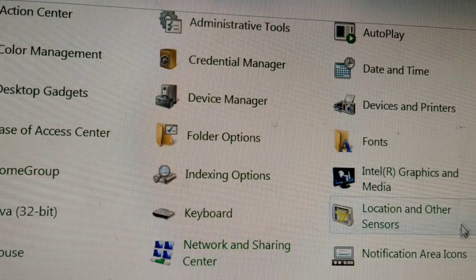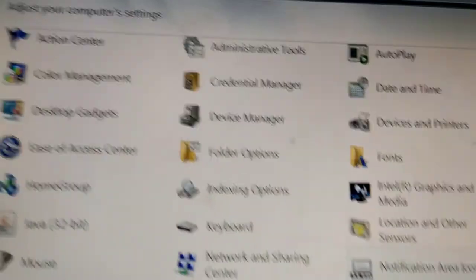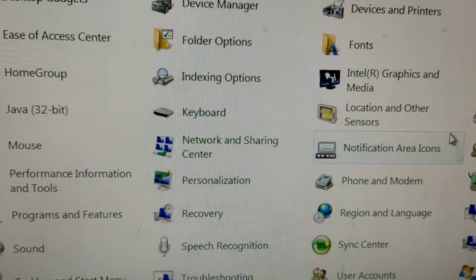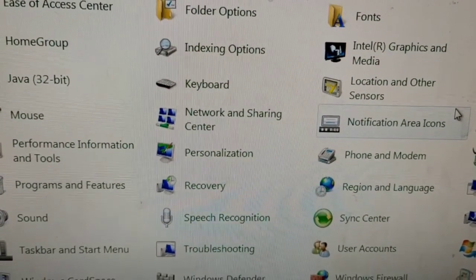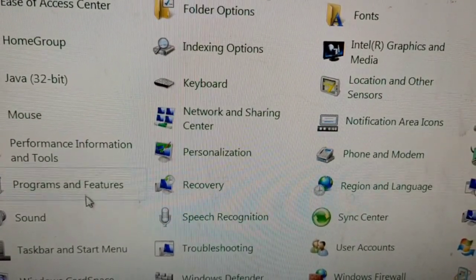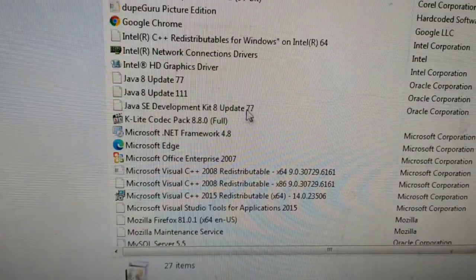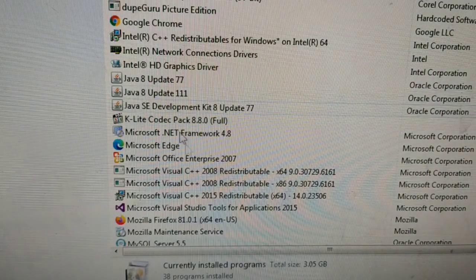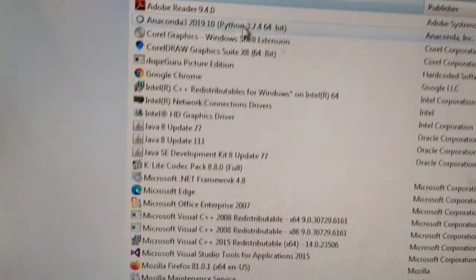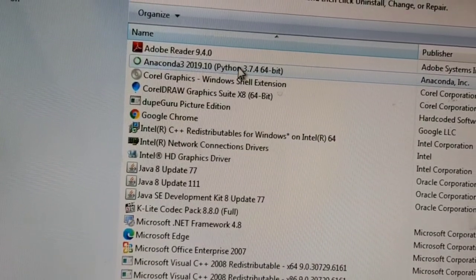In the control panel you have to go to programs, and here you can see programs and features. In this you have to go for Anaconda, and you can see clearly this is Anaconda.